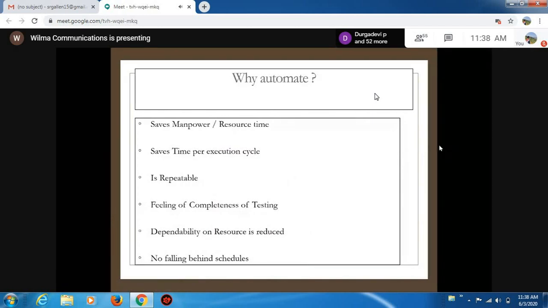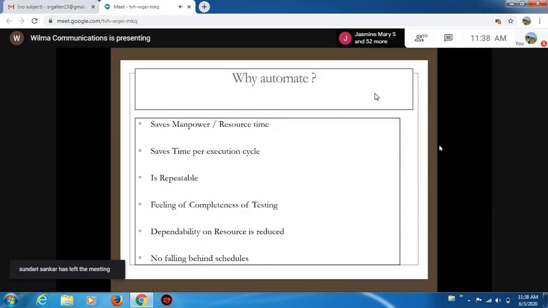Instead of counting manually, you can see in banks they have a cash counting machine. If I use that machine, I can save my time. I'm not saying that you can use only an automation tool, but you can use an automation tool to save time. Repeatable: if you try to do the same task again and again, from morning to evening, how much time are we going to use the machine?